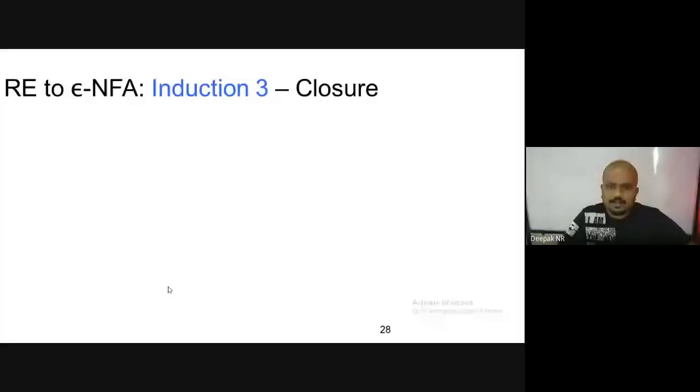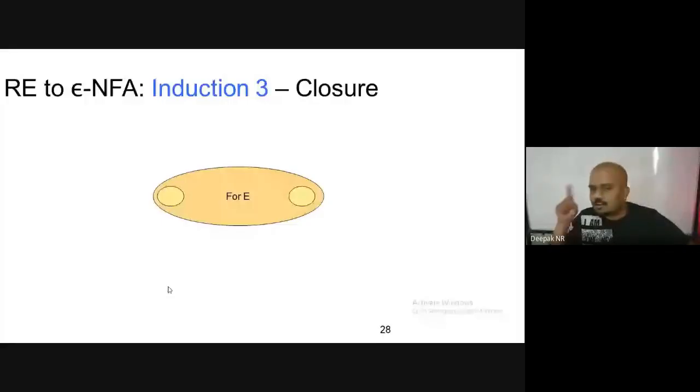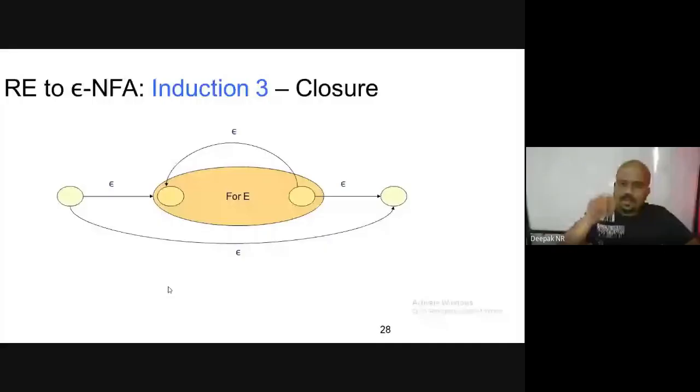Next is the closure property. What do you mean by closure property? Let me take an example: I'm in a state and I use the language E. Hope you guys remember what I've been saying about closure: it's a representation of a star. All together forms a star. Star means an infinite loop. Here, language E can iterate n number of times, and hence I use a self loop. And if I don't use anything, I'll go to a final state. These are the properties and definitions of